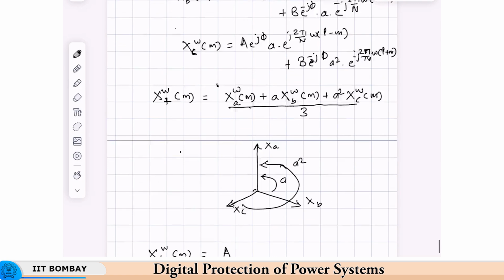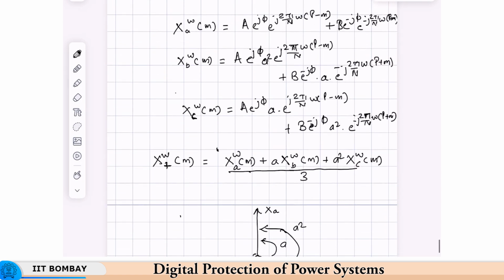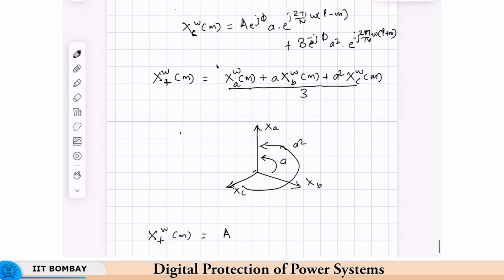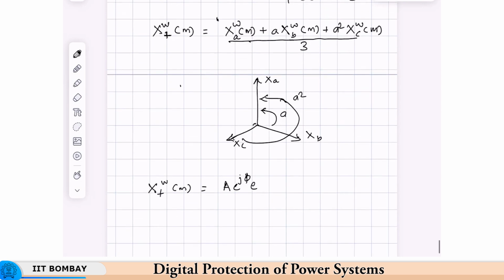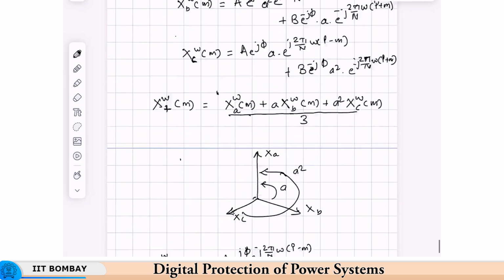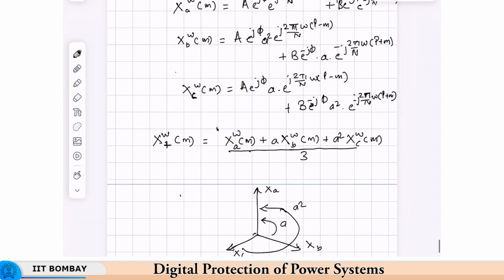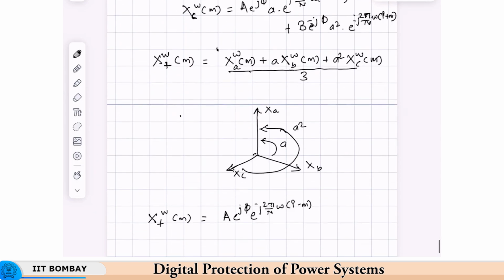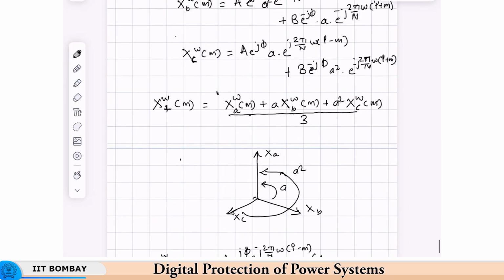So everything else is the same. This is the same, only now we have these terms, A e raised to j phi, e raised to... okay. So this gets multiplied by 1. So we have 1 here. The second term gets multiplied by